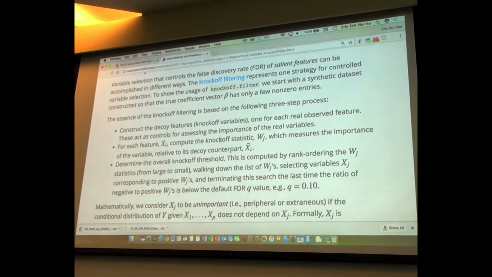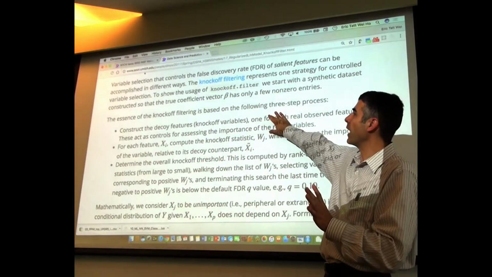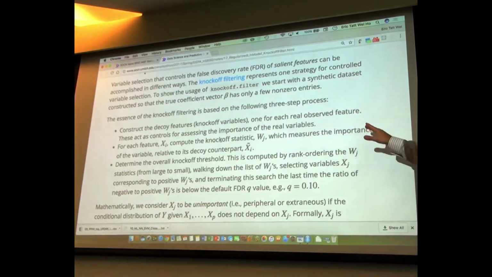The knockoff, I'm not sure if you're familiar with this term. I'm personally not a huge fan, but the authors of this method have called it knockoff. Knockoff refers to a product that's not quite original, like designer bags, Gucci or one of these things. Not my favorite term, but that's what they've chosen. But anyway, in the first step, you pair up each of the real features